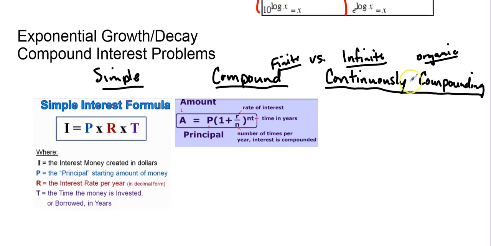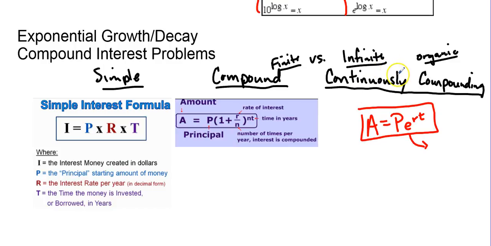When it gets to the point where it's infinitely compounding, that's when we're going to use that PERT formula. So essentially, the more and more times that this thing compounds in a given time frame, it's going to approach E. We did that little investigation in class where we increased the number of compoundings per year, and it approaches the value of E. And so that's why this particular thing is used when you look at infinite number of compounding periods or continuously